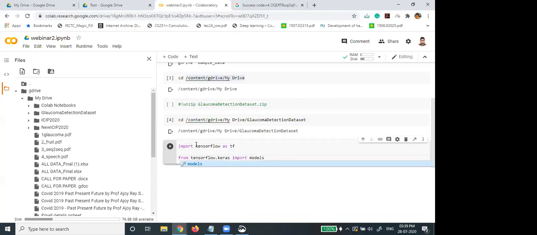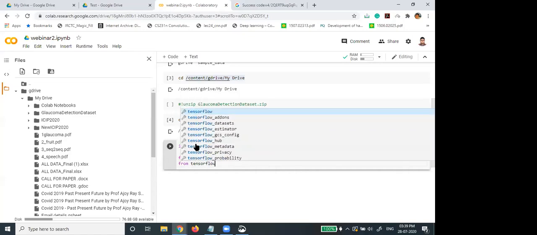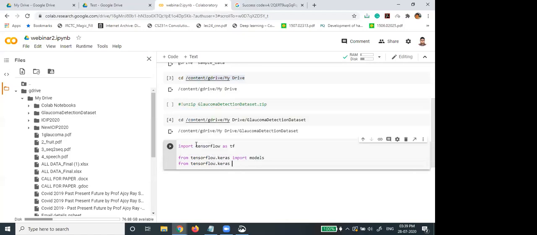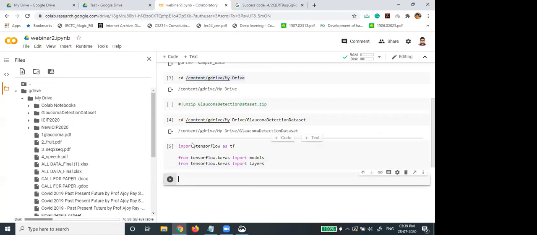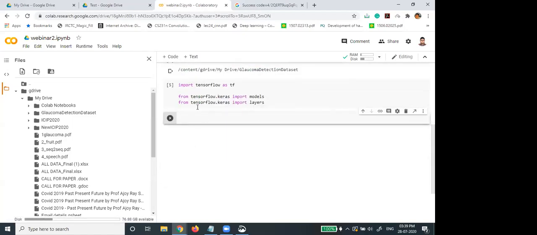This will help us to create some models. Models mean some convolutional neural network model. Again from tensorflow dot layers. Okay. So we have successfully imported.